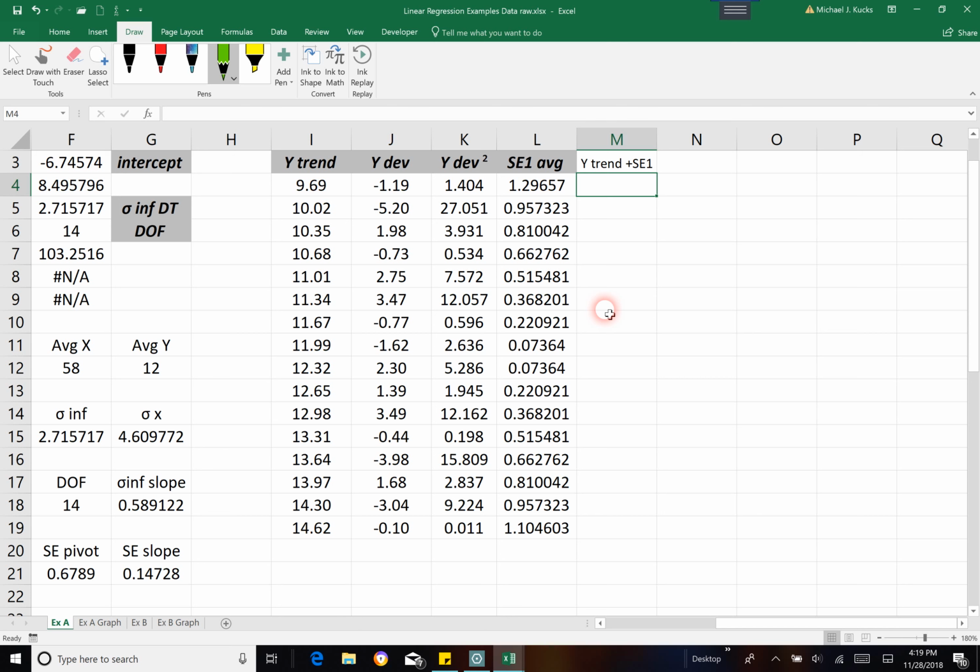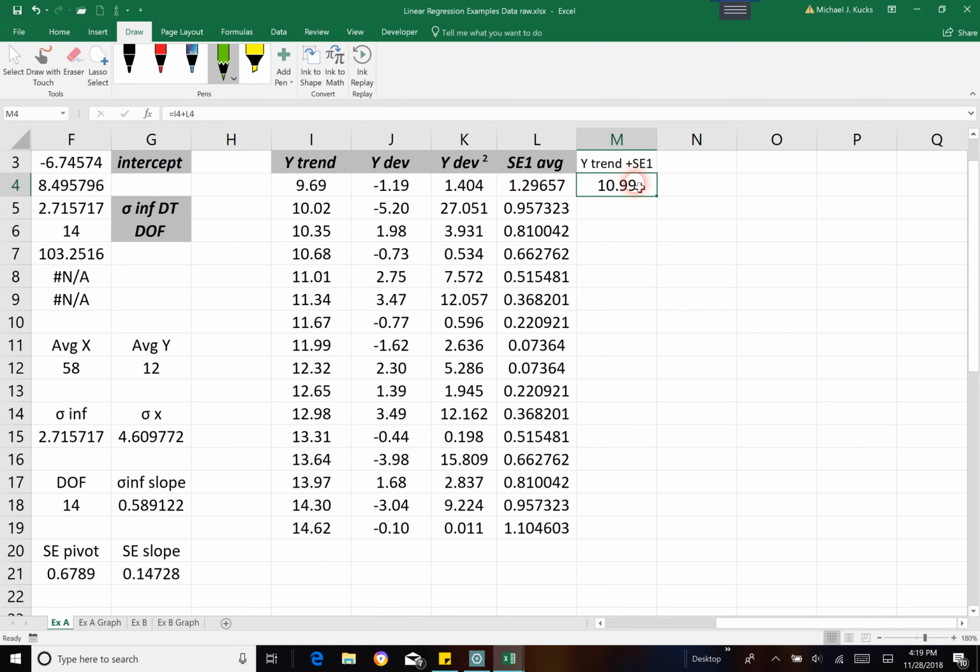Okay. And I'm going to do exactly what this header says. I'm going to take the Y trend, which is this column of numbers here, and I'm going to add the error, the amount of error that I've calculated here in this column. I'm just going to add those two columns. So I'm going to take my trend value plus my amount of error,